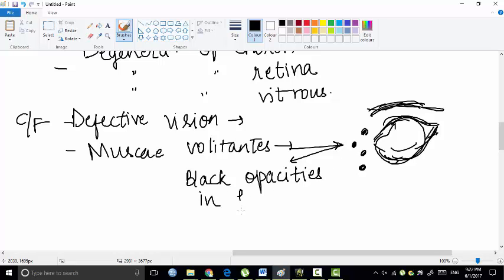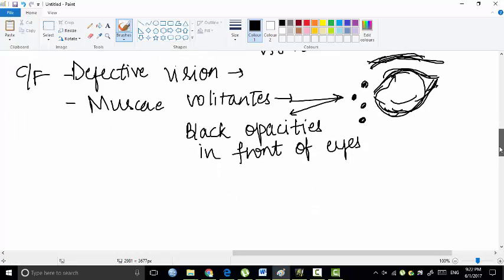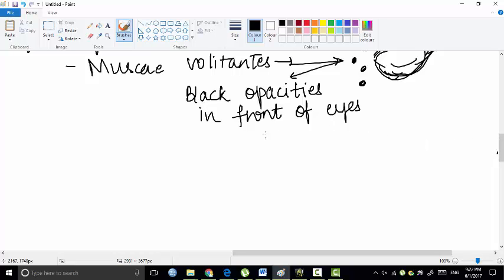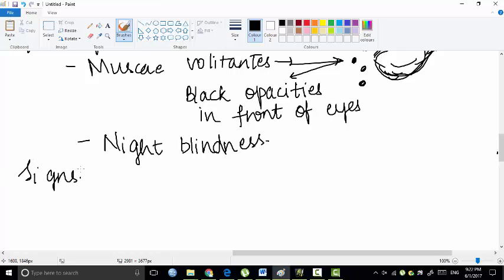These are black opacities in front of the eye. These are called muscae opacities. Now it may also manifest as night blindness, right? It may also manifest as night blindness. So what are the signs? Signs include,